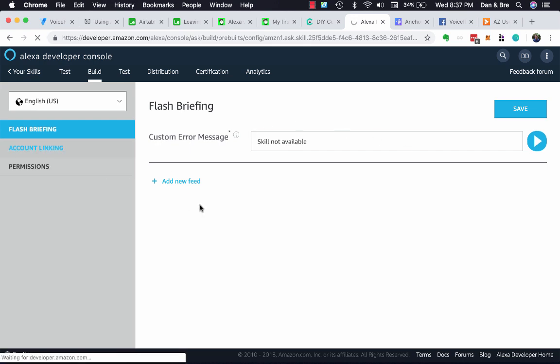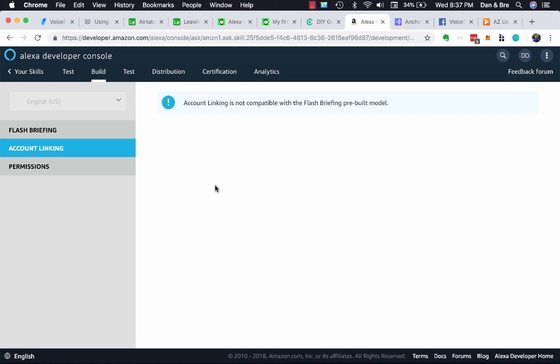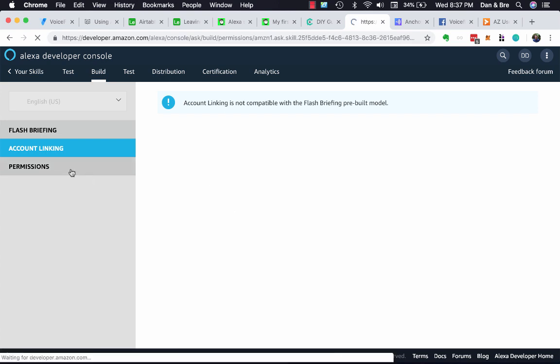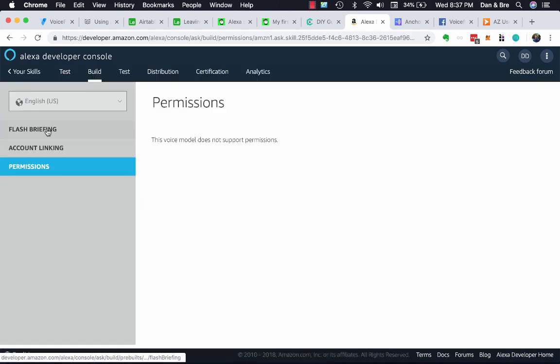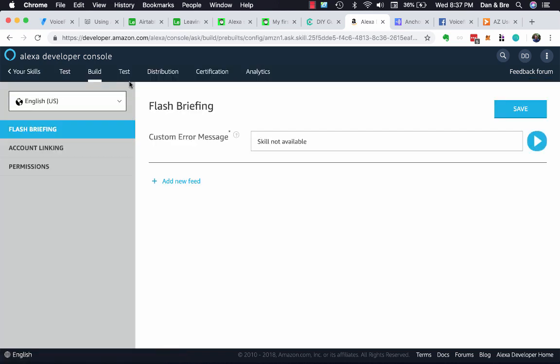And then account linking. We don't have to have account linking for this. Permissions, no permissions. Okay, now we're going to go to